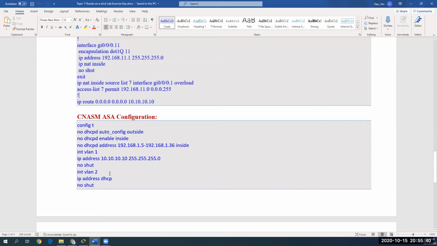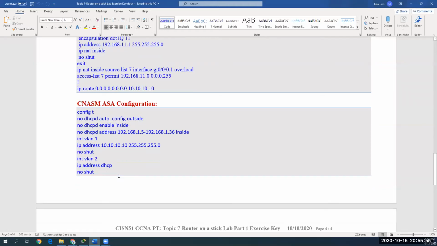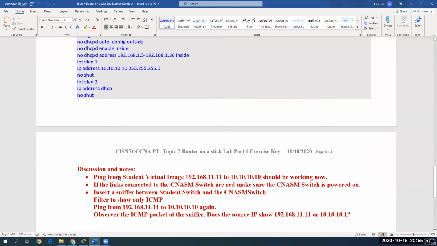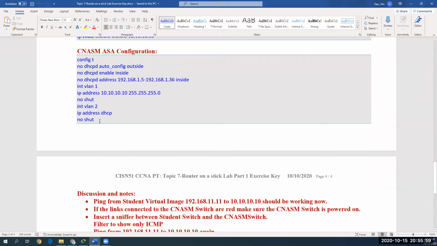And VLAN 2, you don't have to set it up. So you can say IP address DHCP, waiting for it. So what it does is VLAN 1 is the inside, and VLAN 2 is the outside, waiting for the ISP to give us an IP address. That's what's usually set up that way, right? And later on, we will have more setup on the inter-VLAN routing for you to get a better concept of